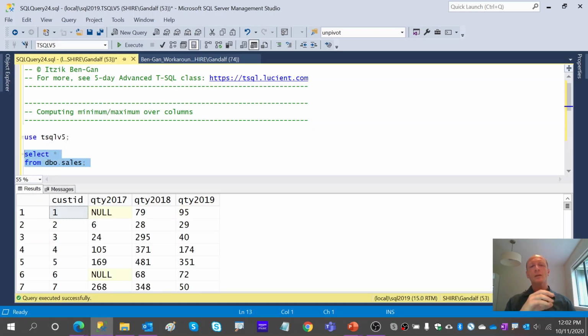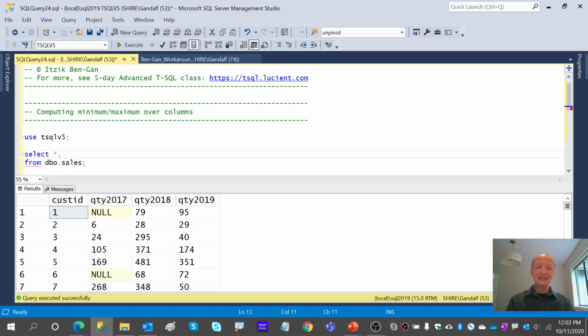As you can see, we have a row per customer, we have a column per year and quantity, and our goal is to apply aggregates across those columns. Let's say pulling the minimum or maximum or both. And here we have only 3 columns, and I am guessing you're thinking, well, this is something that I should be able to do using a function. And indeed, you will find that some platforms actually support functions called greatest and least.